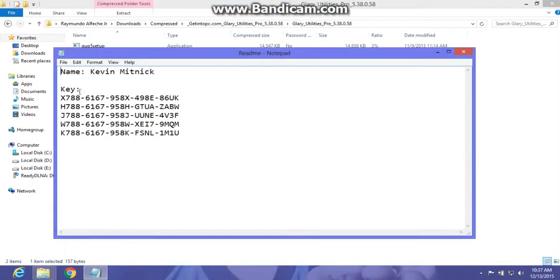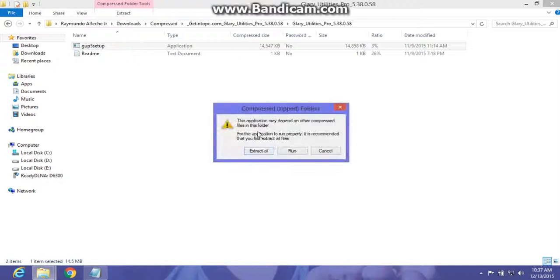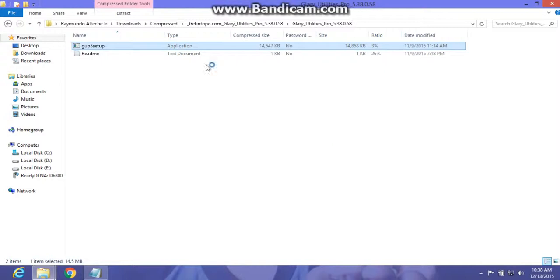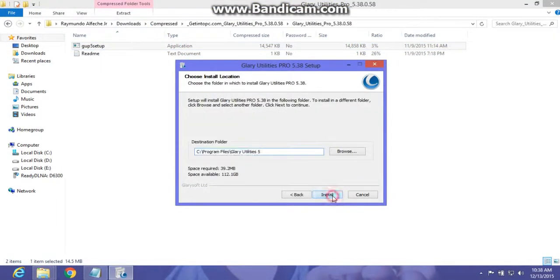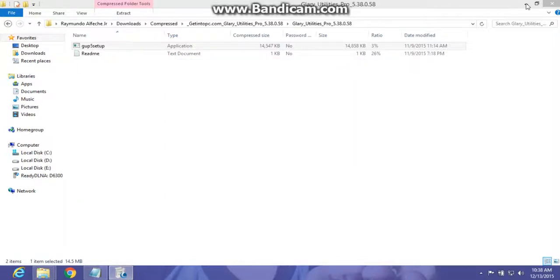It comes with a key, which is really cool, and let's try to install it and run it. This download comes with a crack or a key that would be able to activate this product, but this is not really recommended.